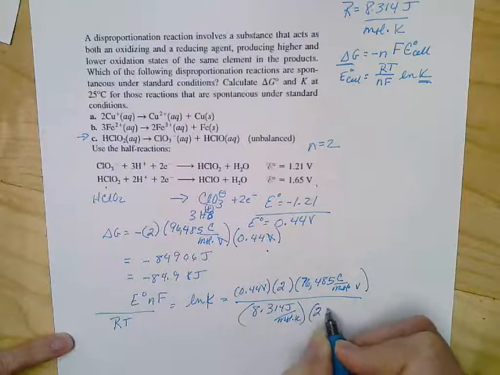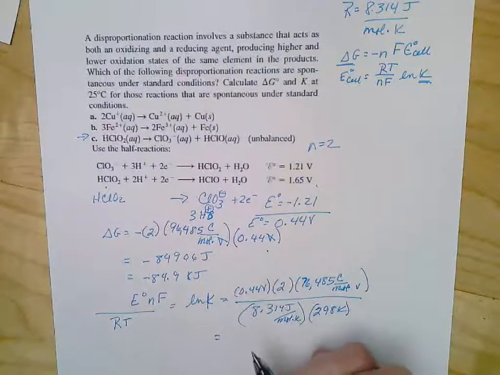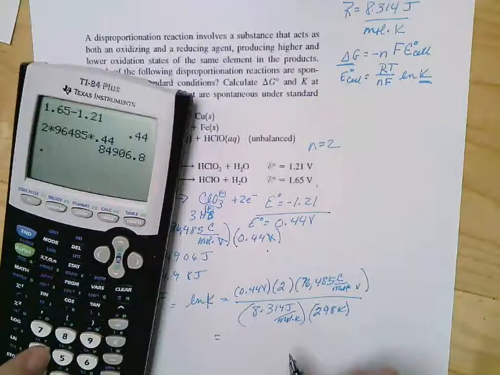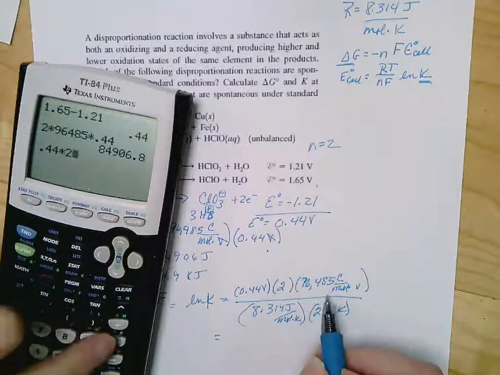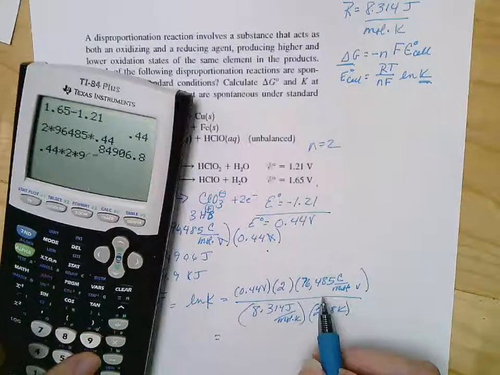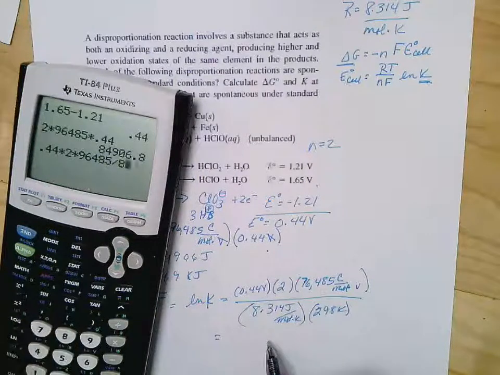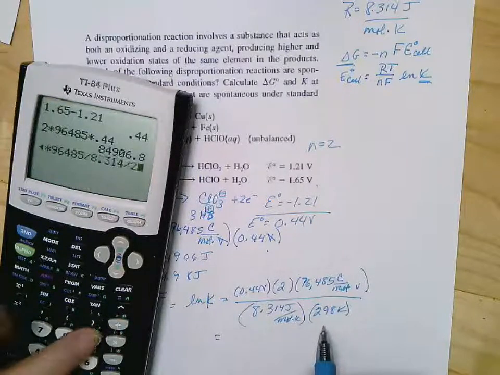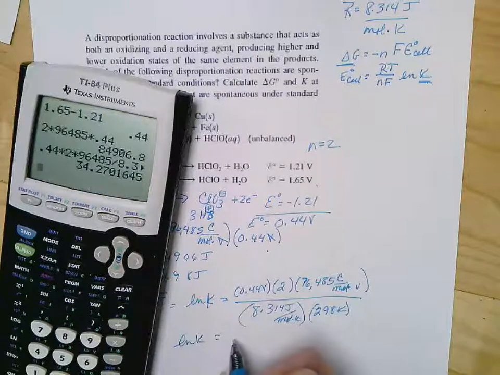Kelvin is 298. So I get 0.44 times 2 times 96485 divided by 8.314 divided by 298 equals, so ln of K equals